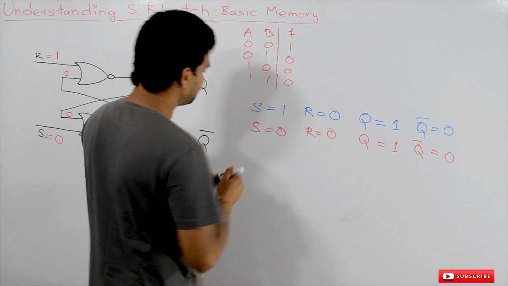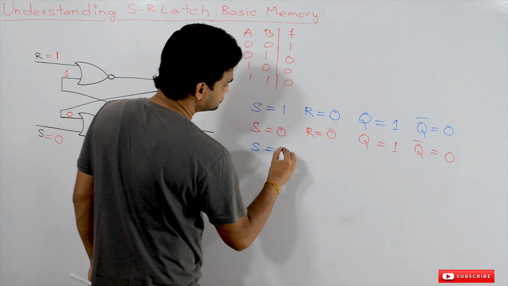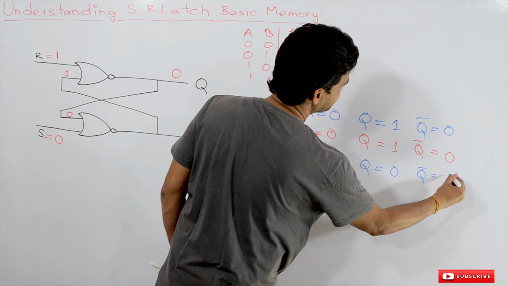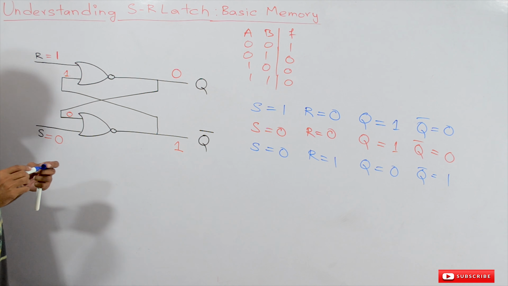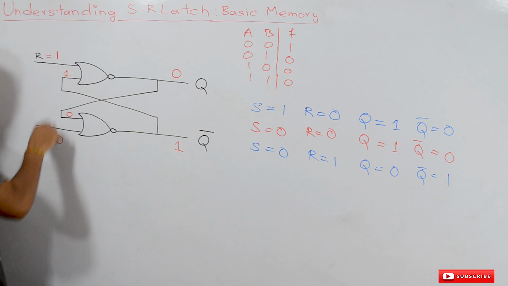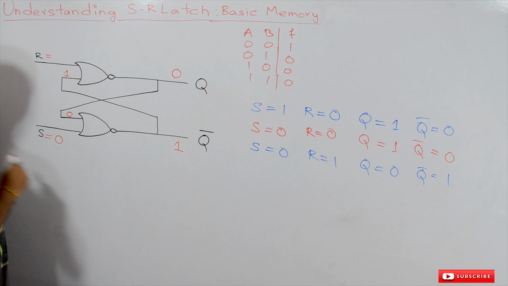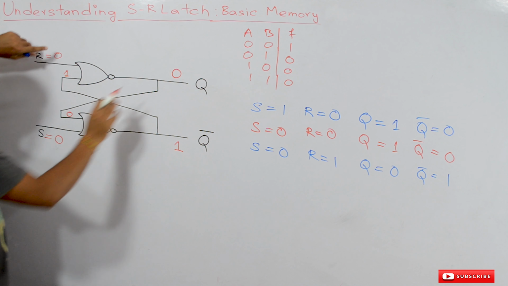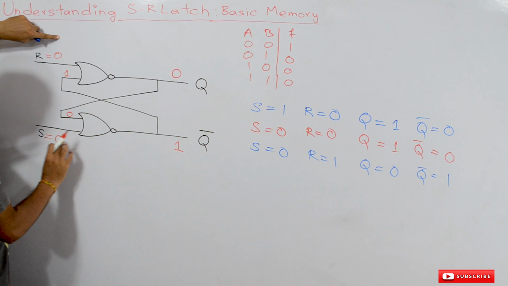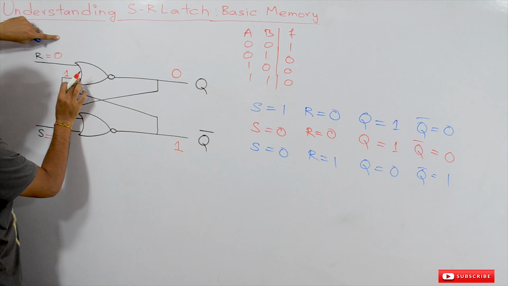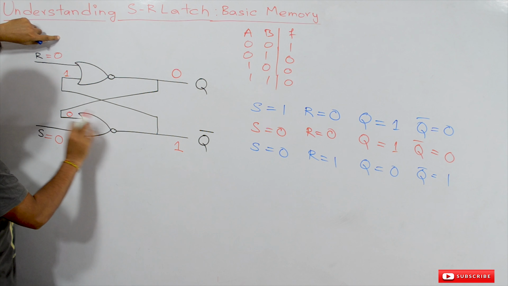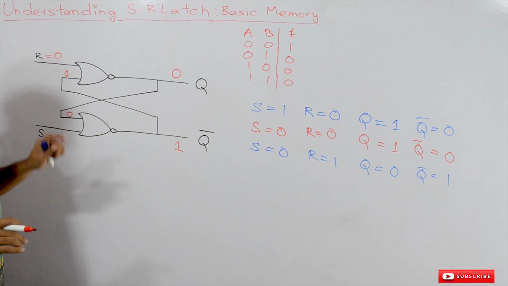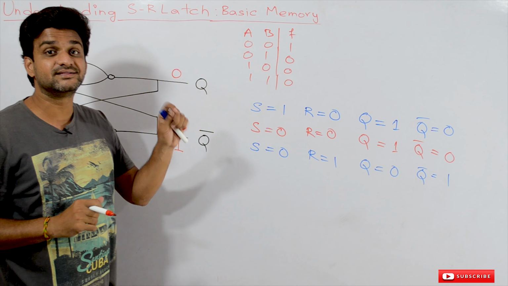Okay, so now what happens after this? If the value of S is equal to 0, R is equal to 1, the value at Q is equal to 0 and Q bar is equal to 1. Okay. Now we will change the inputs from 1 0 to 0 0. So what happens? Again see here, the 0 will come here, 0 0 is going to be 1, and 1 will be produced as an input here, 0 1 it is going to be 0, again 0 0 1, 1 0, 0 1 it is going to be 0. Okay, so the values on the circuit are remaining the same.